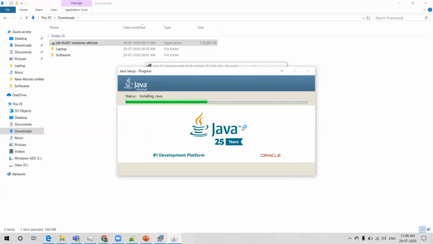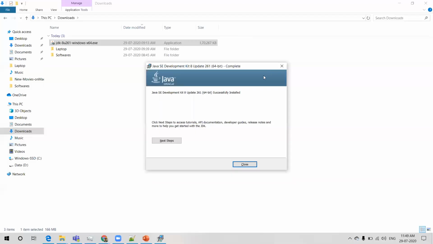We downloaded only JDK as JRE is also packed within JDK. So it is asking us where to install JRE. You can choose the default path. And now with this installation, we are going to get both JDK and JRE. And you can see here done. So the installation is done.